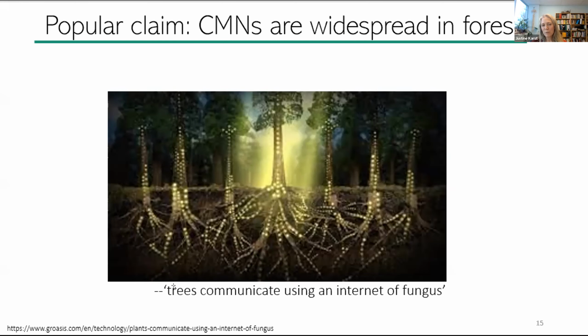So, as many of you probably know, it's difficult to map out a common mycorrhizal network in a forest, because as soon as you start digging in the soil, you of course destroy the network. So we came across one study, and some of you might know this person, Jim Trappe. It's an older study from the 70s, and it was a really fun paper to read because he went out and dug up roots and then found